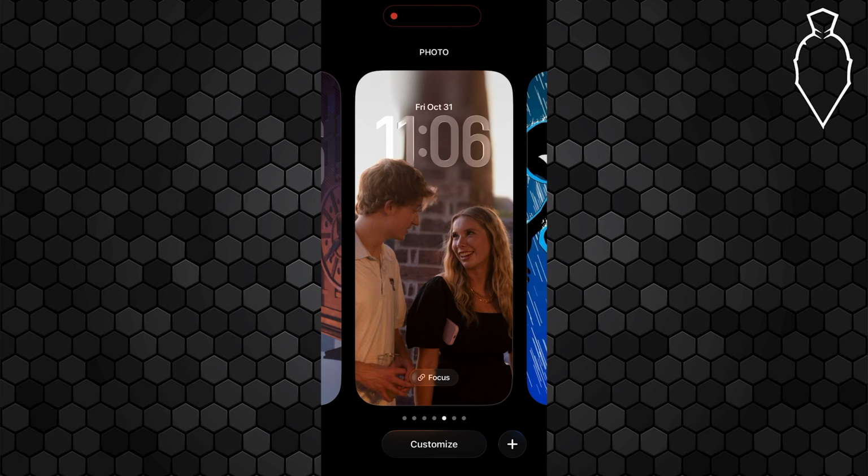In this guide, I'm going to show you how you can set and customize your lock screen here on iOS